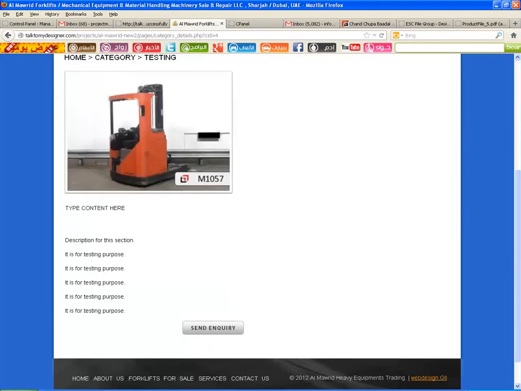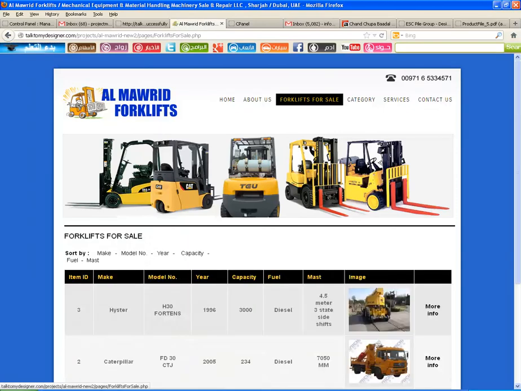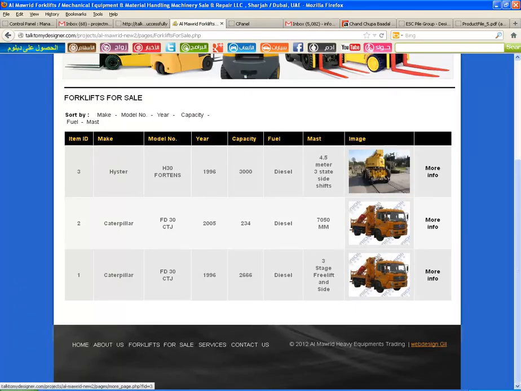Now we can check in the website. I'm clicking forklift for sale. In that you will see this is the third one, Hyster, which we just now added. It is displayed here, and all the information like make, model, year, capacity, fuel, mast, whatever we have added in the control panel, will be displayed here.